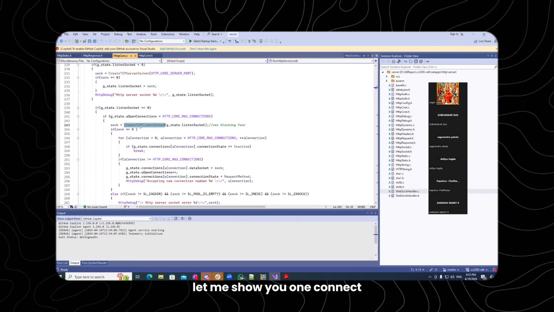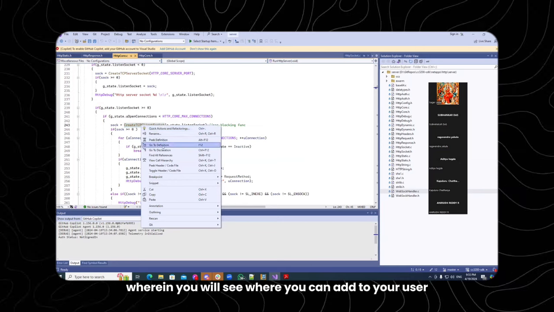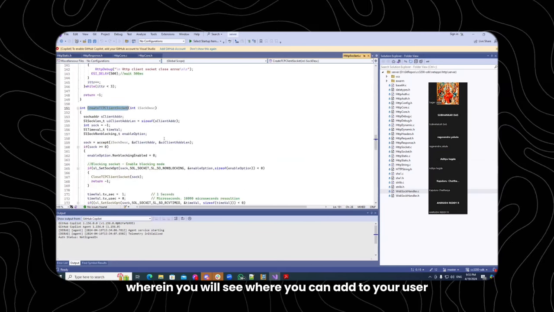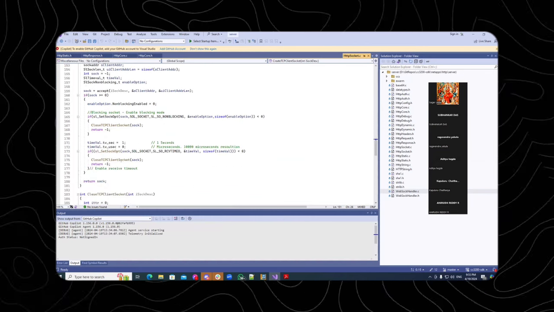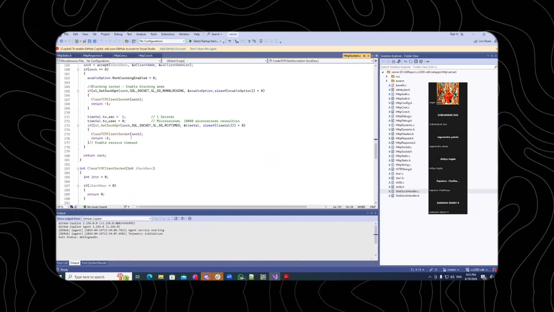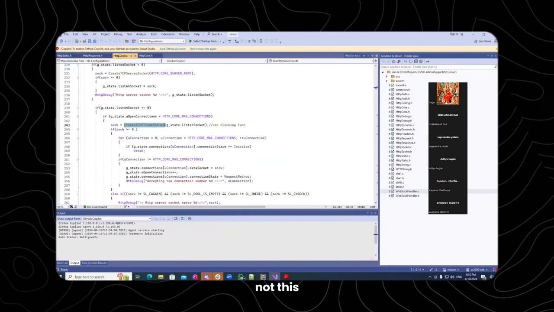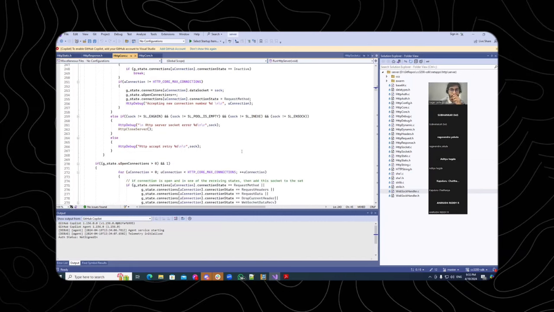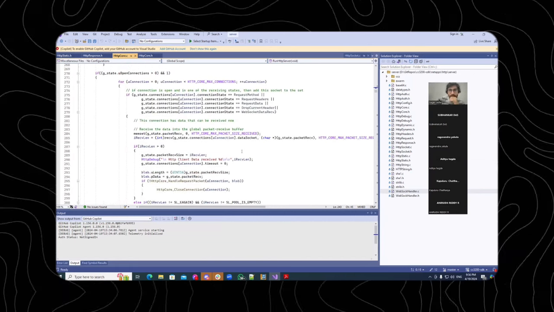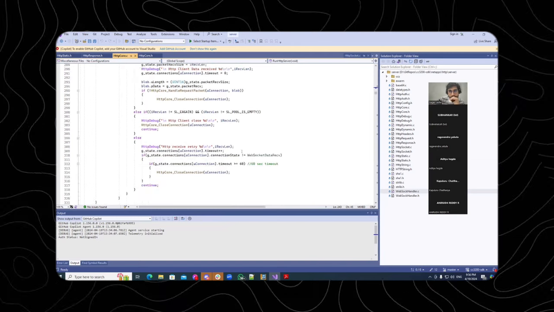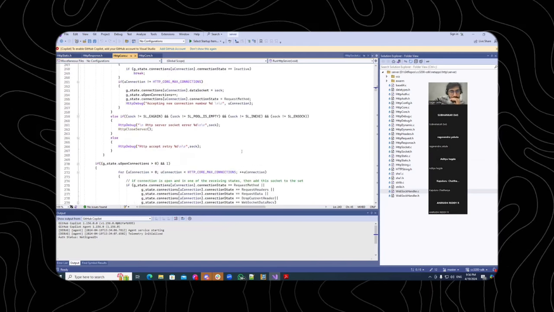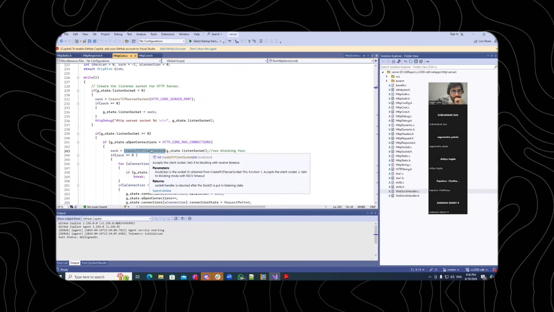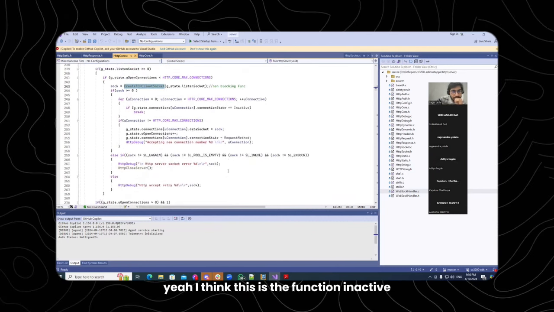Let me show you one code wherein you will see where you can add your connection. Yeah, I think this is the function. Inactive.